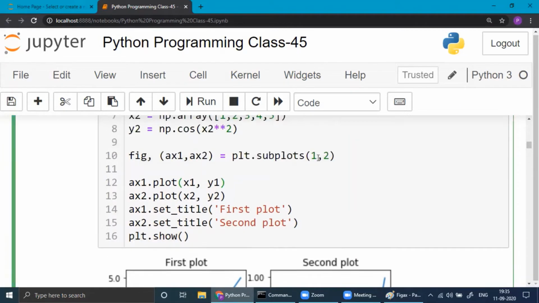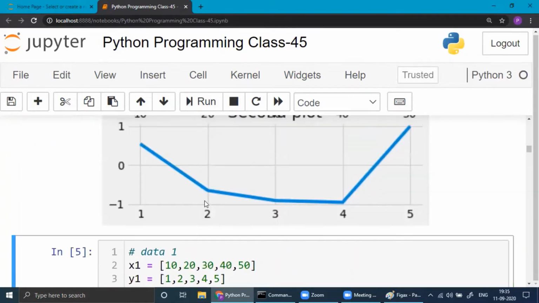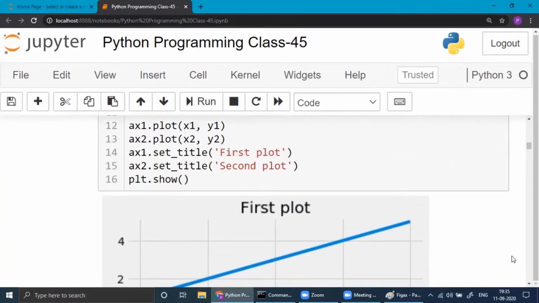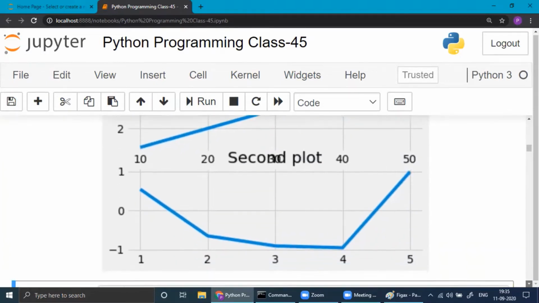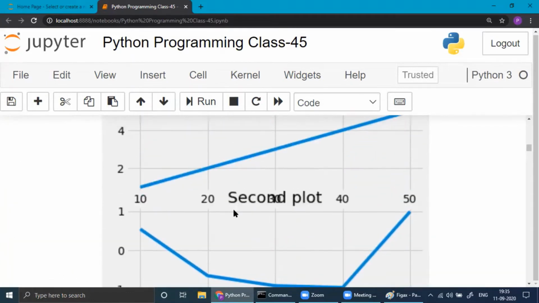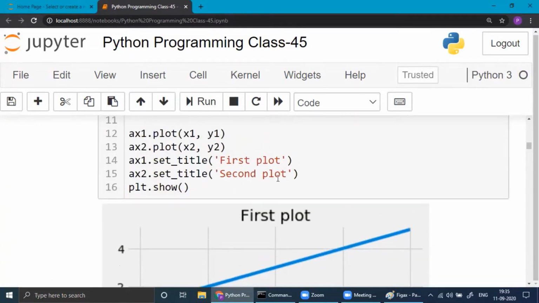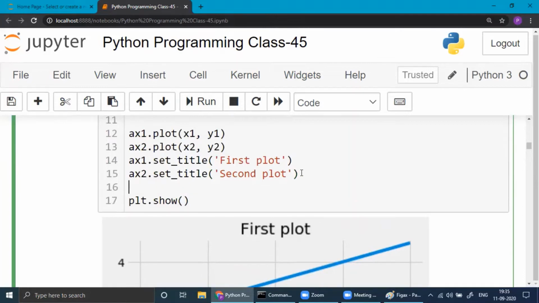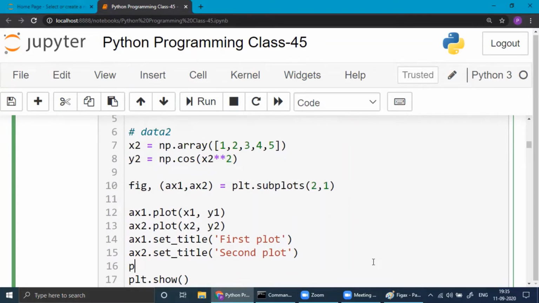Now, if I change it to this 2, 1, then also this is possible. But see, this looks different because whatever way we wanted, even we can write, sorry, dot tight layout.